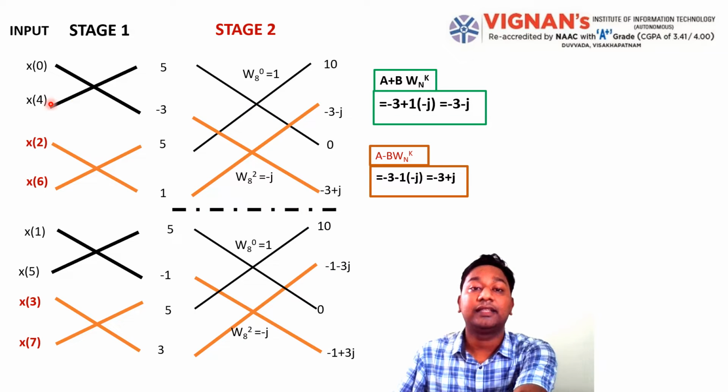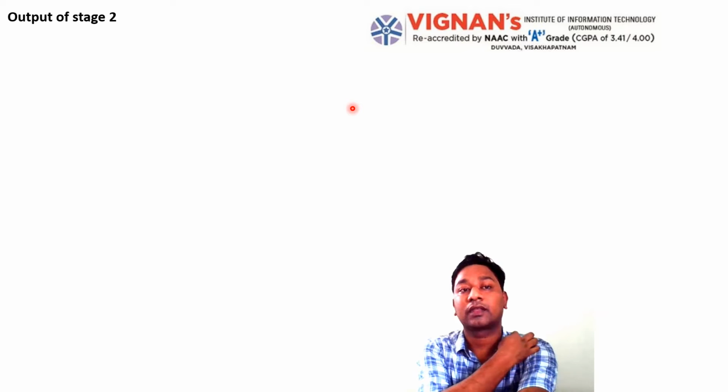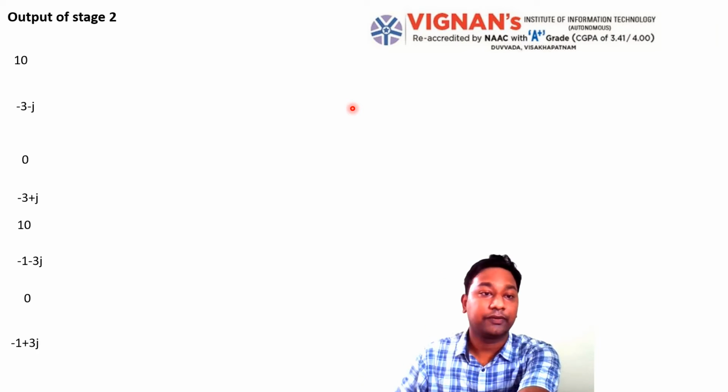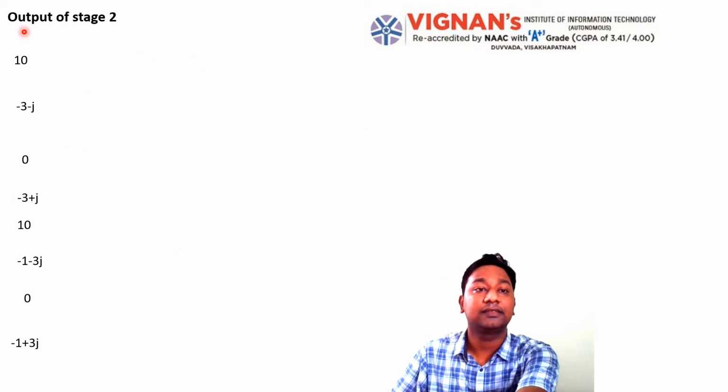So here we will see this one is the two parts of the n equal to 4-point DFT algorithm. This one is the first part, this one is the second part. So similar case, and values also similar. Now we will see the stage 3 case. What will be the effect in stage 3? In stage 3, the output of stage 2 will become the input of stage 3. The output of stage 2 we already collected from the last stage.